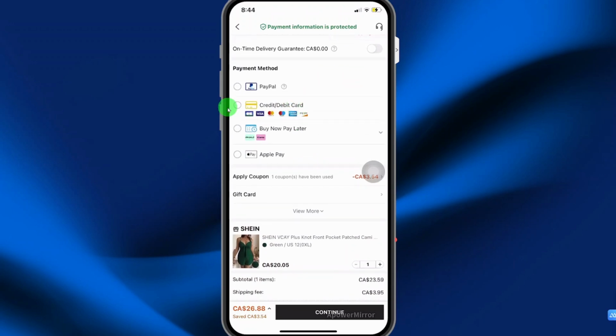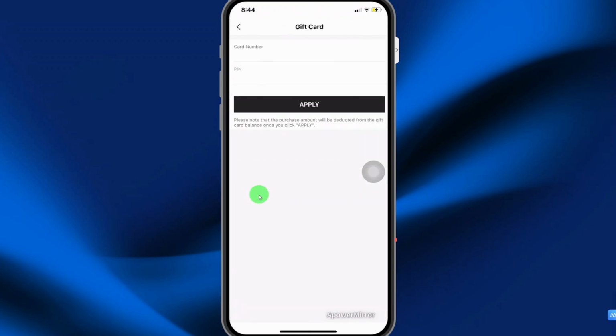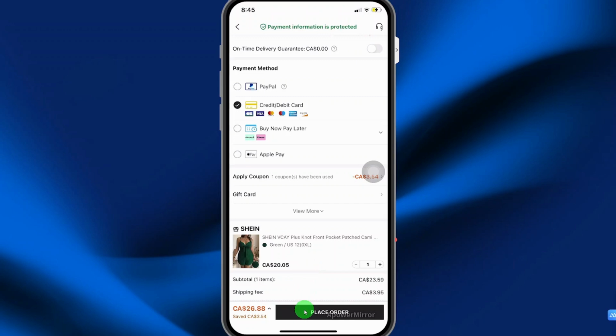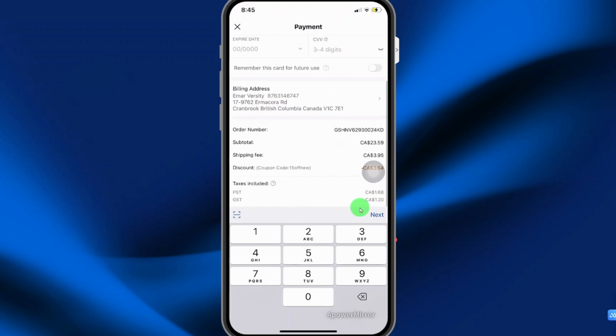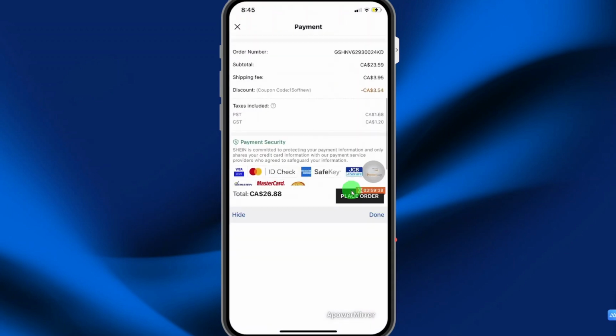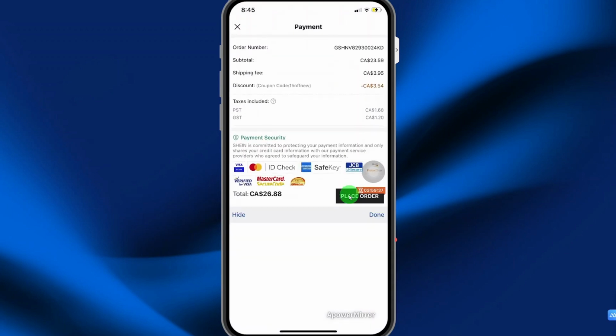For this demonstration, I'm going to select credit/debit card. If you have a gift card, select gift card, enter the card number and PIN and select apply. Then step back. Then you simply select place order. So here you're just going to enter your card number, expire date, CVV, then scroll down, then select next, and then you'll select place order to complete your